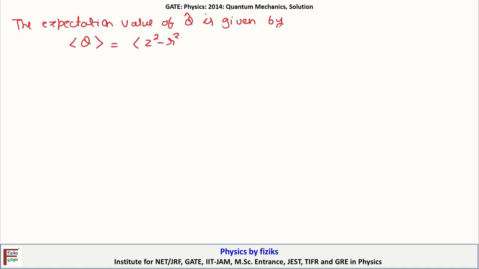So the expectation value of operator Q is given by Q equals Q z square minus r square, a0 square minus 3 a0 square, that is minus 2 a0 square, where we have used